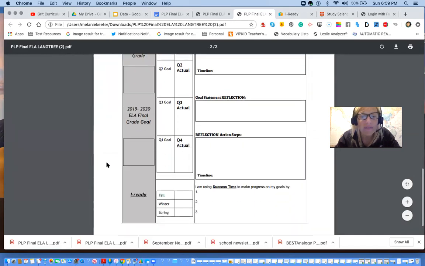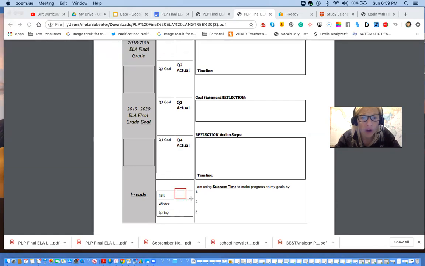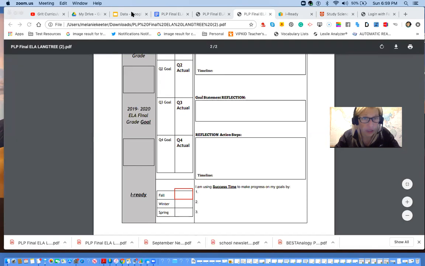And it is at the very bottom, and it's your iReady score. And so your teacher will be able to give you your fall iReady score, and you can write it in this box. I'm going to show you some data pieces here for you to also look at your grades from last year. The box in gray at the top says your ELA final grade for the